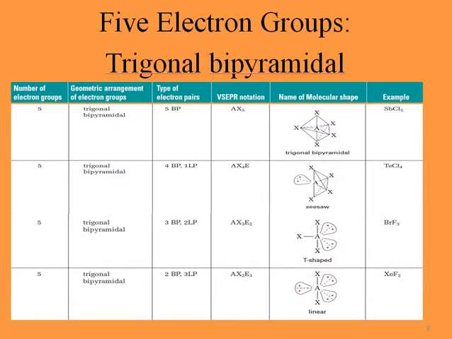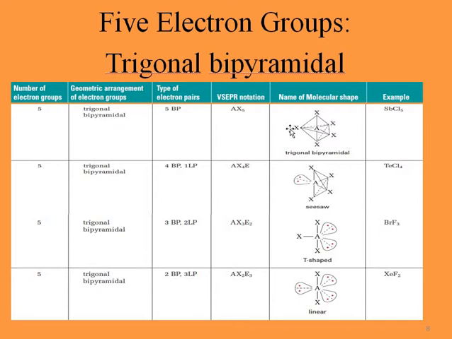Next group, we have 5 electron groups, so we have trigonal bipyramidal. It's like 2 pyramids attached to each other from the base. We have 4 different types of shapes. One of them has 5 bonding pairs, then 4 bonding pairs and 1 lone pair, 3 bonding pairs and 2 lone pairs, and 2 bonding pairs and 3 lone pairs. So AX5, AX4E, AX3E2, and